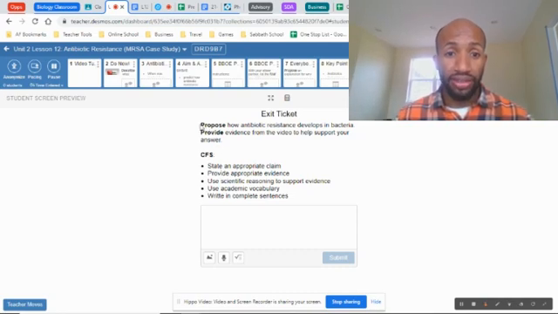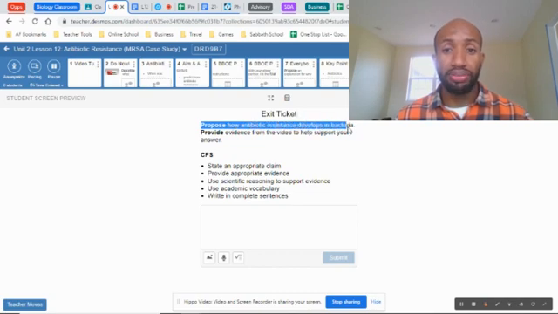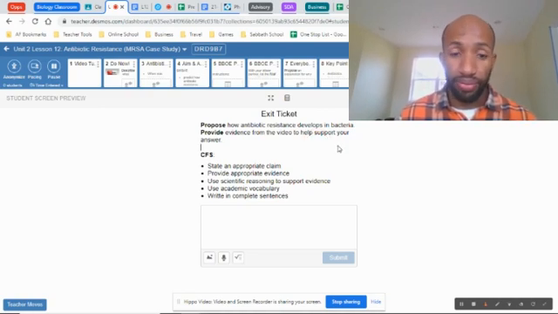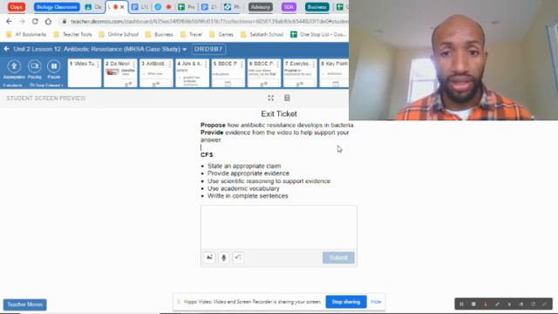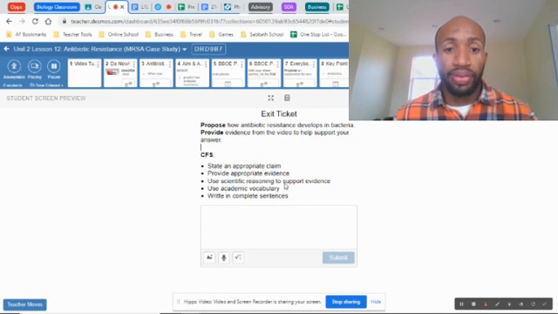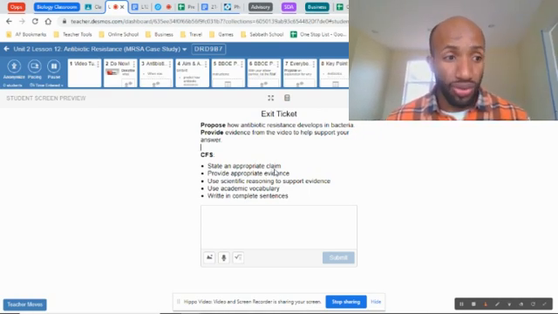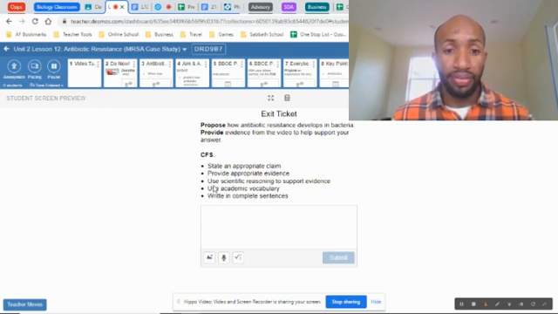For your exit ticket, you will need to propose how antibiotic resistance develops in a bacteria. And then you're going to provide evidence from the video and all the notes that you took to help support your answer. Note well, this is your criteria for success. You need to state an appropriate claim. So your claim has to be something about what you saw in the video and what you learned today. You need to provide scientific reasoning to support the evidence. And then you're going to use academic vocabulary,